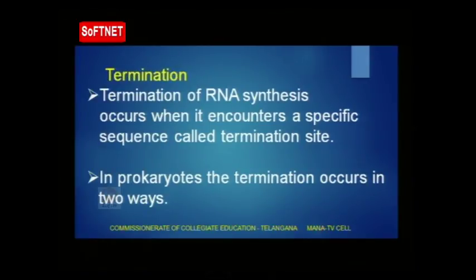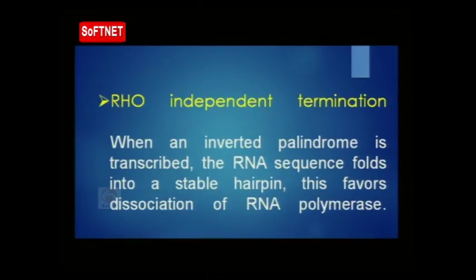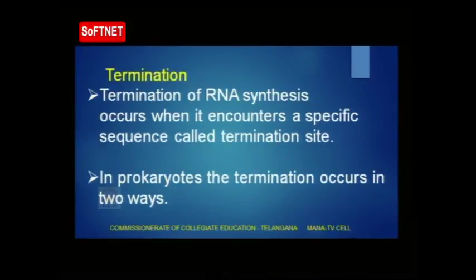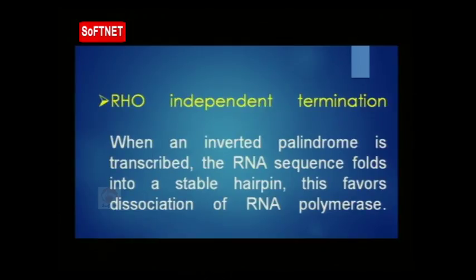So this elongation will continue until it reaches a sequence-specific site, that is the termination site. So what is a termination site? Termination can occur in two ways in the case of prokaryotes. One is Rho independent termination and the other is Rho dependent termination. Rho independent termination is also called intrinsic termination. Intrinsic represents inbuilt, because of some inbuilt sequences this termination occurs. So that's why it is called Rho independent termination.